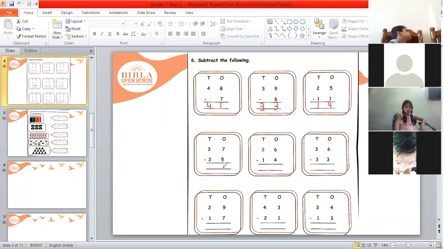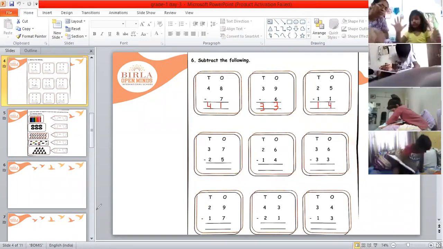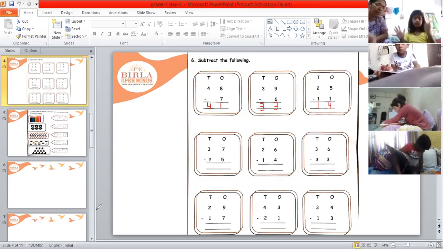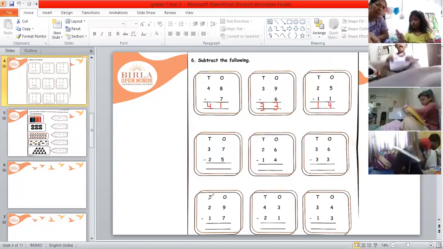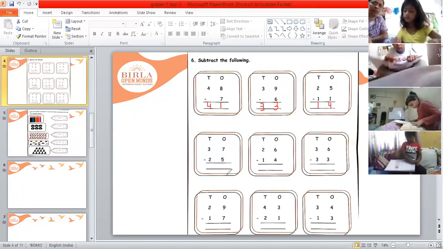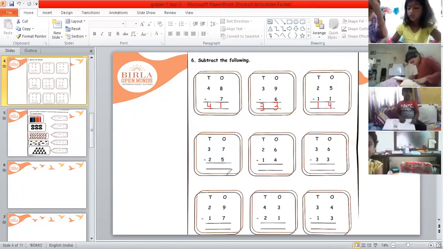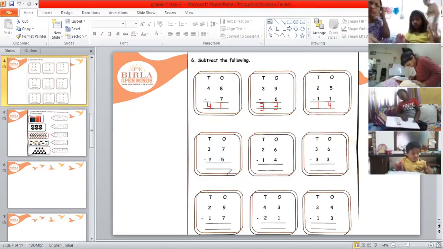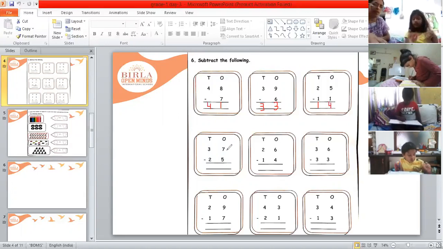Okay, Mana, now read next question. 37 plus. Not minus, plus. Yeah, 37 minus 25. Very good. Now this is correct. This is 37 minus 25. Okay, Ketan, you tell me. Ketan, yes, ma'am. Now tell me what are the numbers in ones place, Ketan? 5. No, 2 numbers. First number is? 7.